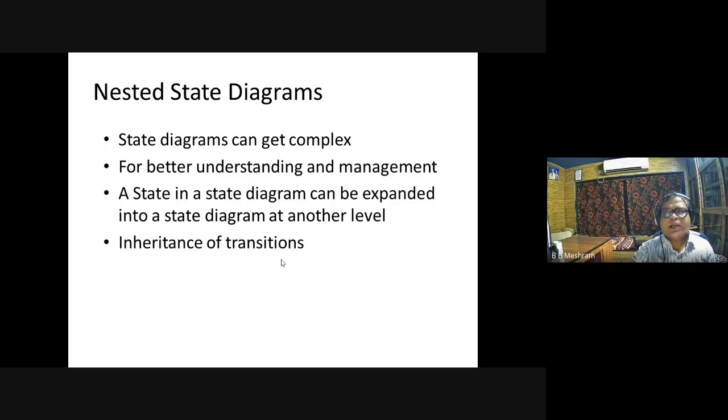State diagrams can get complex. For better understanding and management, you can construct the nested state transition diagram. In nested state diagrams, a state in a state diagram can be expanded into a state diagram at another level. So you can consider it as an inheritance of transition. So in this figure,